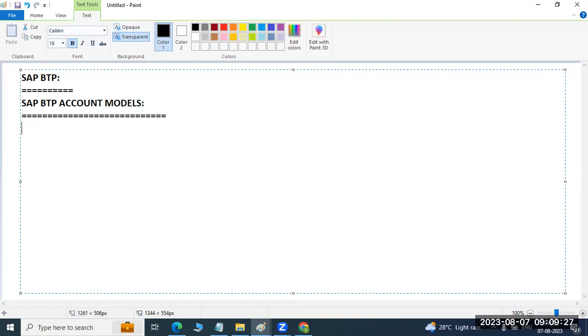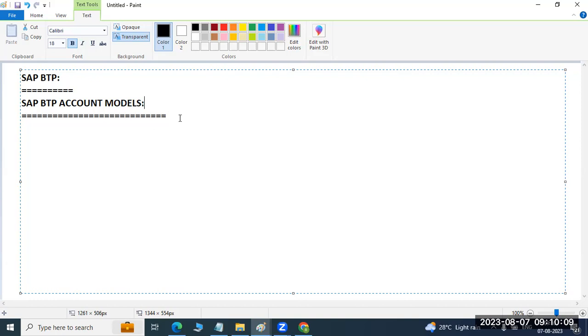Before that, we'll discuss our BTP pricing models, which are called the account models, for the enterprise account. So there are enterprise accounts and trial accounts. Both are the same, but the only thing is the trial account does not have some services that we have to subscribe to. Almost both accounts have the same set of services, the same set of screens, everything the same. Only a few enterprise functionalities are not available here, right? So regarding the BTP pricing models,